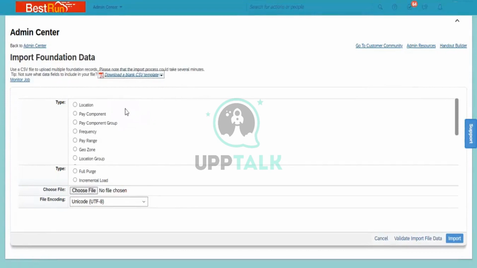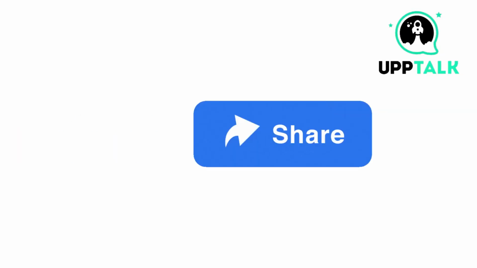After downloading and filling that, we need to select the type of purge, that is, full purge or incremental. Okay, is it a full purge or is it an incremental? So what it means by the full purge is, when you are creating,